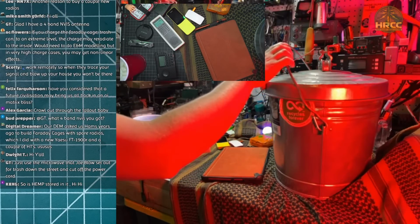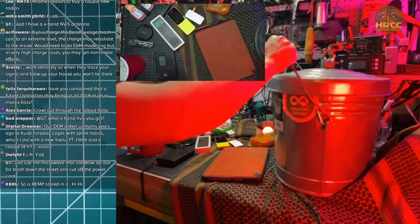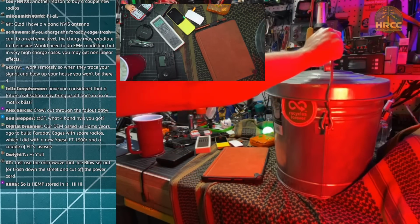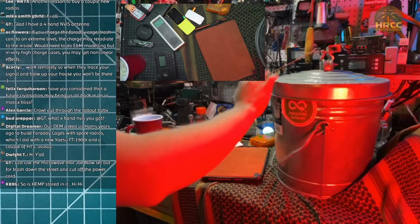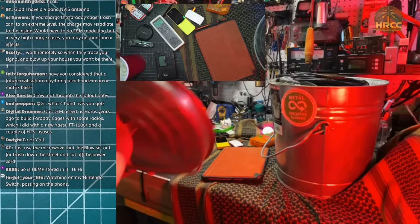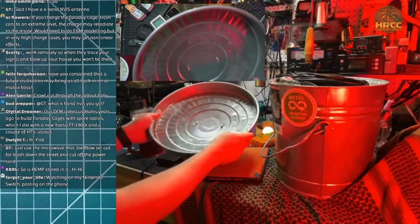Okay, so the lid handle actually forces onto the trash can, makes really good positive connection holding the lid down. And when you take it off, so you can see likely there is...